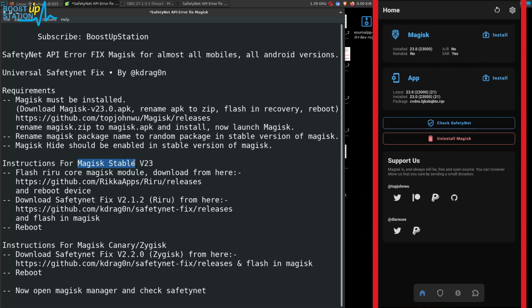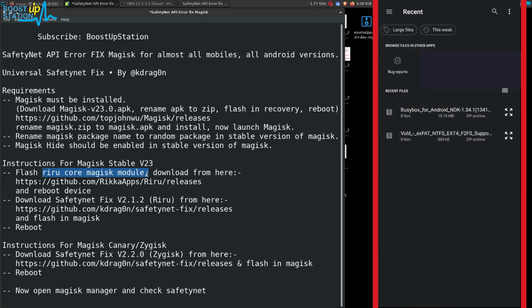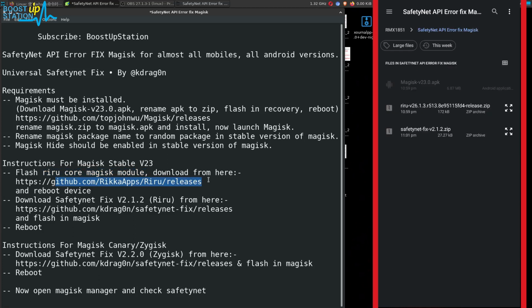So I am using the Magisk stable version. So let us flash the Riru Core Magisk module. In the bottom you can see we have this last icon on the right side. Click on it. Click on install from storage. And now here you have to select the package that we have downloaded from this link. Let me open that location and here we have it. So we have to flash this Riru file, okay, the second one. Click on it